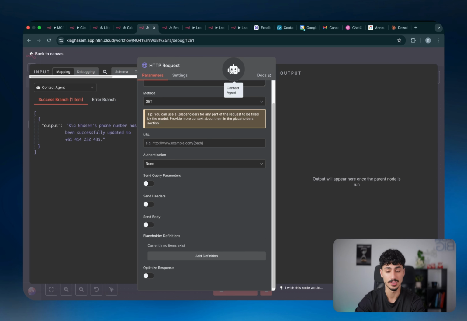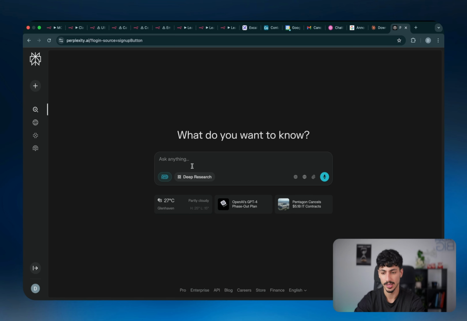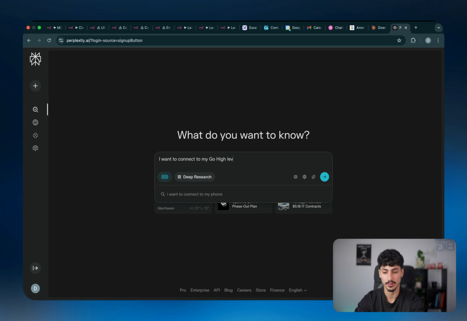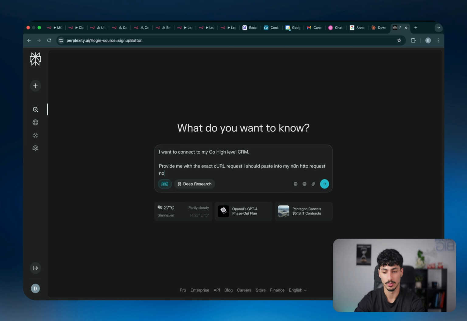And if you don't necessarily know how to do that yourselves, all you have to do is open up Perplexity and tell Perplexity what you're trying to do. So you can say, I want to connect to my Go High Level CRM. Provide me with the exact curl request I should paste into my n8n HTTP request node.